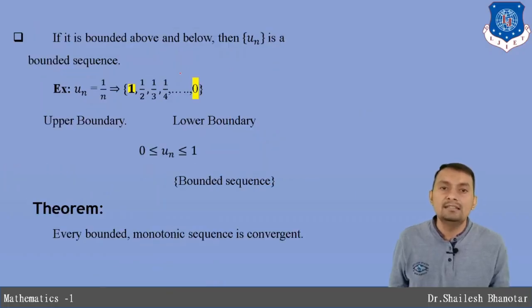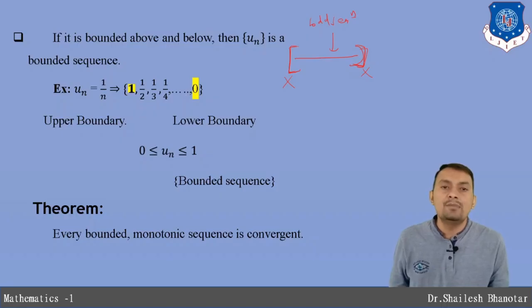This is another question, and you can say that this sequence is also a bounded sequence. If this one is bounded above, and the left-hand side shows it is bounded below, that means I am not able to cross this one, and also not able to cross that one, and therefore this sequence itself is a bounded sequence.